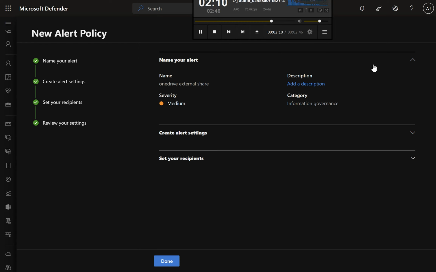Customization options. You can set up alerts for additional activities like file deletions, permission changes, mass downloads, and suspicious logins. These options are accessible in the same alert policy section, allowing for enhanced compliance and security monitoring. Additional resources: learn more about alert policies, Microsoft